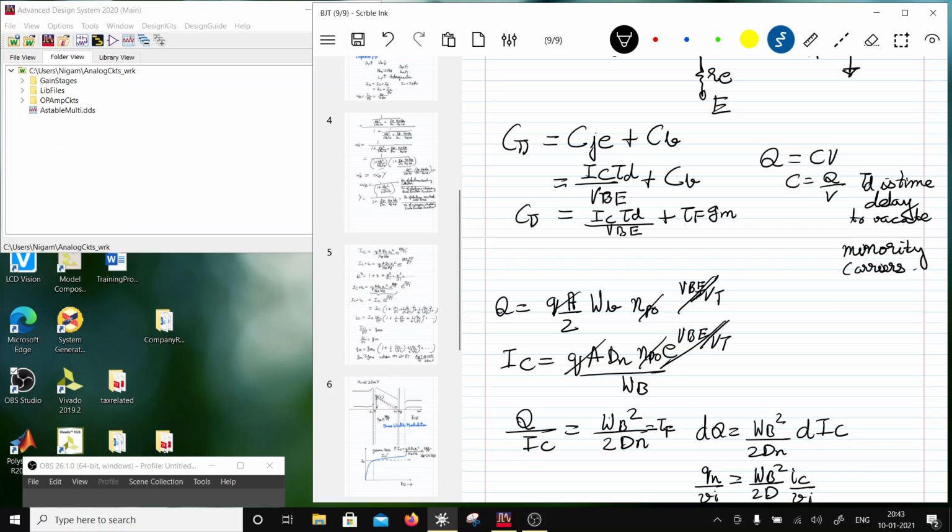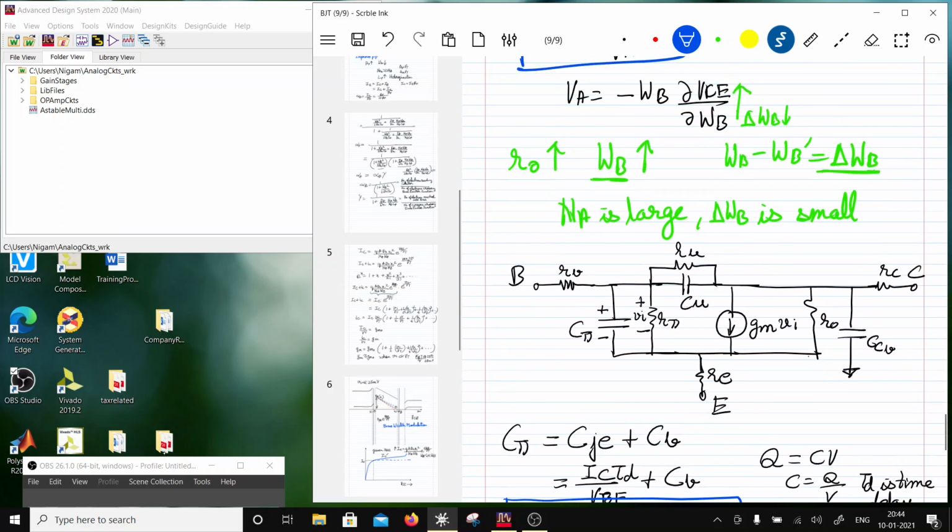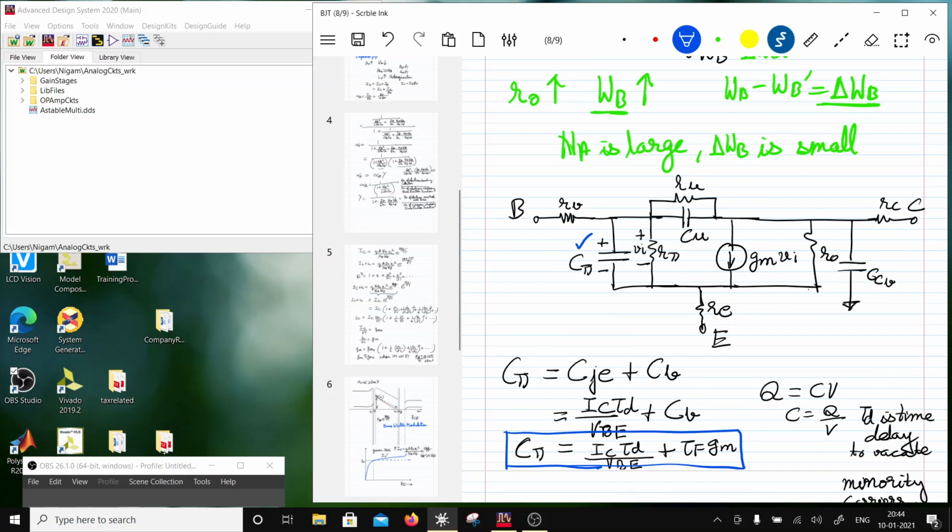Okay, so this is going to be my input capacitance, C pi. So in this small signal model we have got C pi, we have got RO. Okay, so let's look at